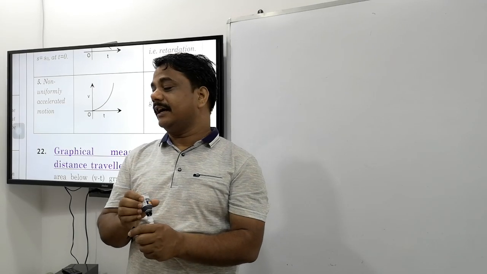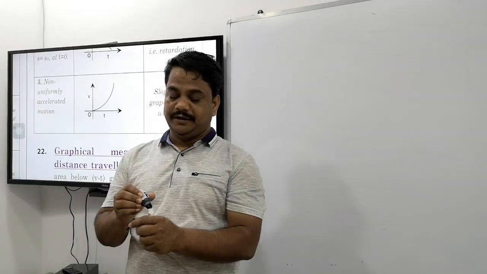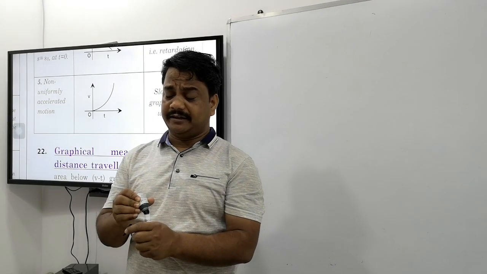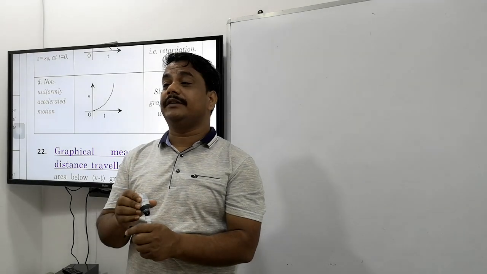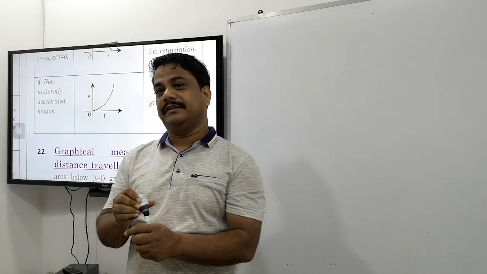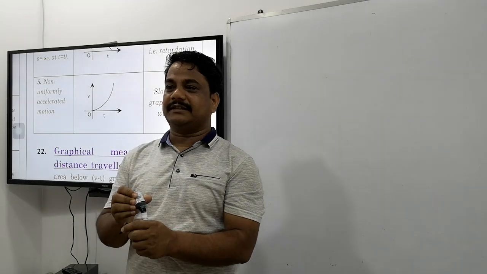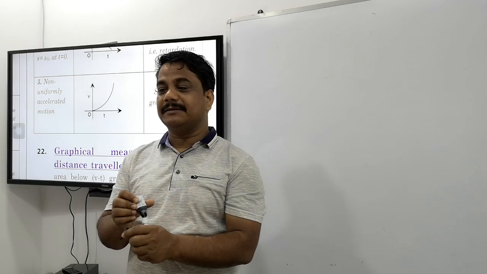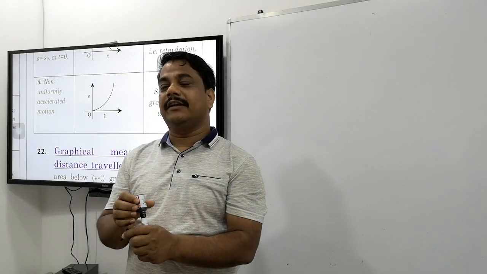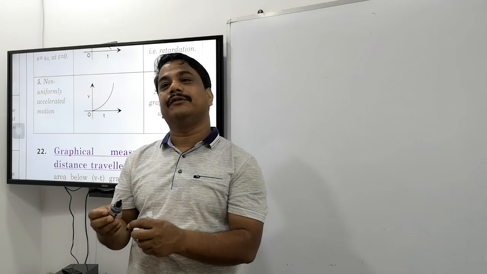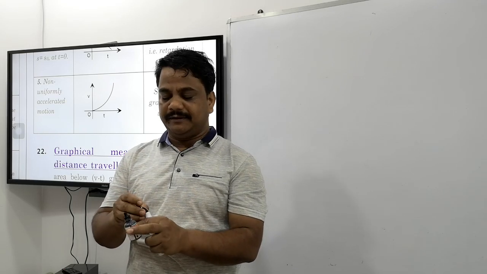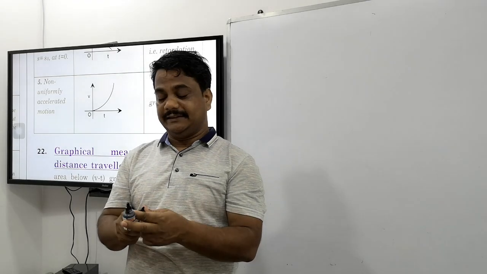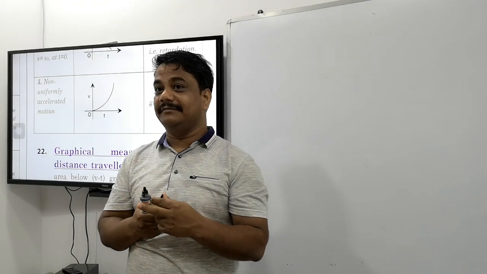We are discussing kinematics equations of motion. When an object moves in uniform accelerated motion, how many physical quantities come into use? First, distance or displacement. Second, velocity. Third, acceleration. Fourth, time. Speed and velocity are the same here. How many variables are there? Four. These variables are called motion variables.